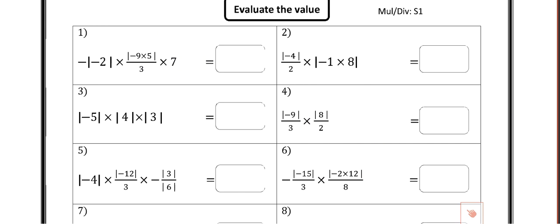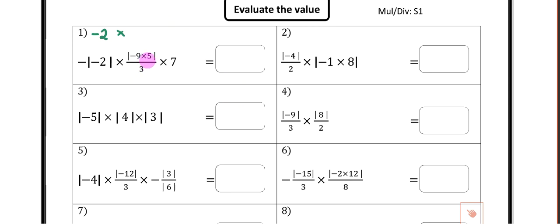Now we get to this stage and we might have to start writing some stuff down in our books. What do you think? The negative absolute value of negative 2 multiplied by the absolute value. So what's the first bit then? That's negative 2 multiplied by